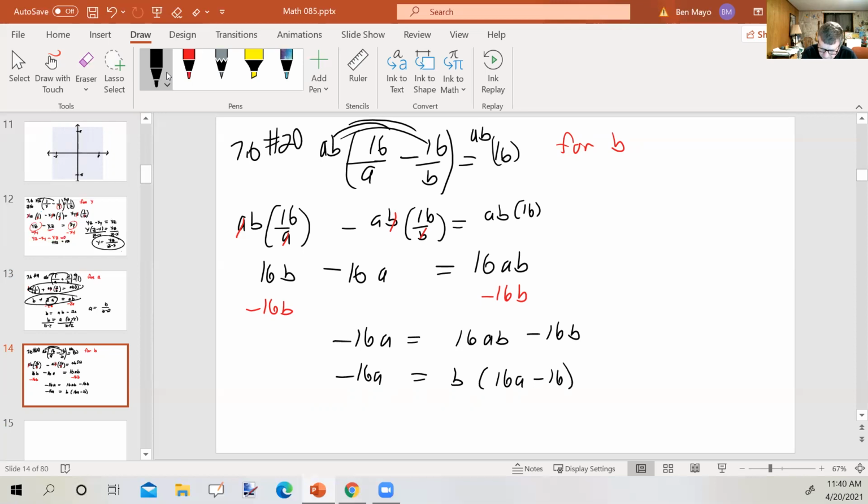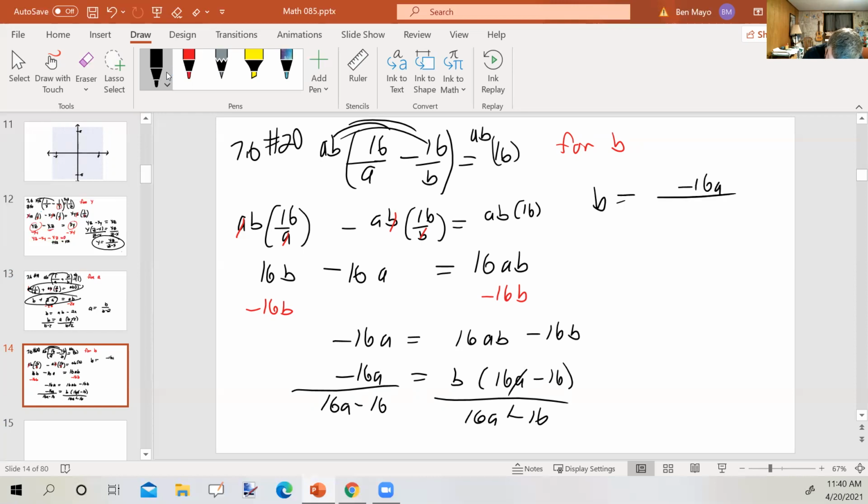Okay. Divide both sides by 16A minus 16. So I get B equals negative 16A over 16A minus 16, but I can factor a 16 out and get,